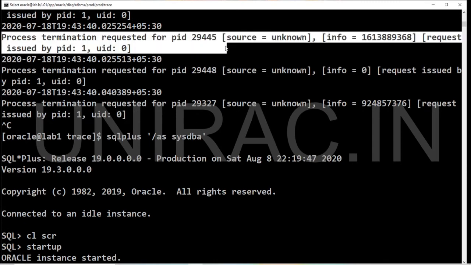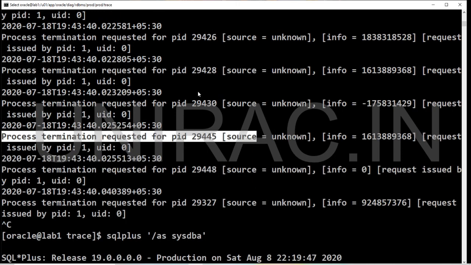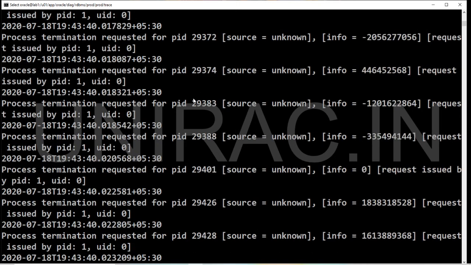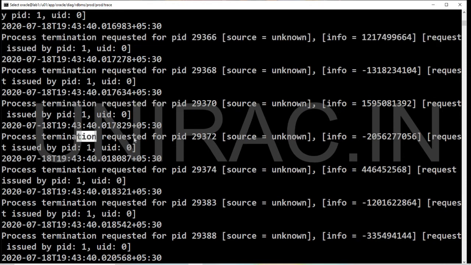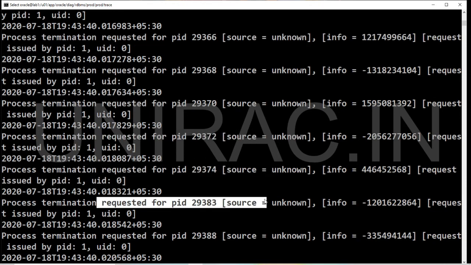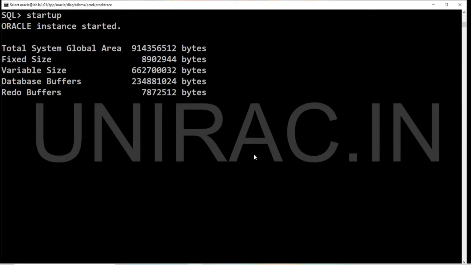This was a process termination that happened due to the server getting shut down, getting bounced. We can see a lot of processes got terminated. The reason behind it is the server got restarted without proper shutdown of your database, but the instance did not start on boot. So now we are starting manually to fix this issue as of now.